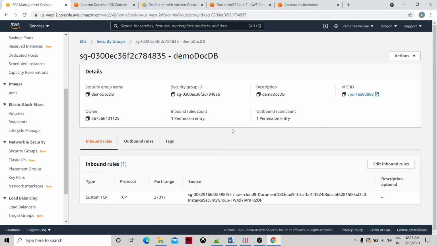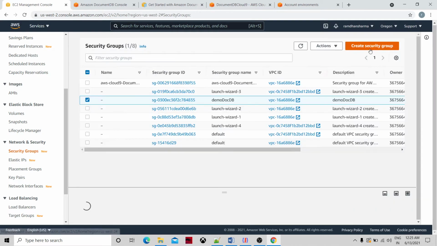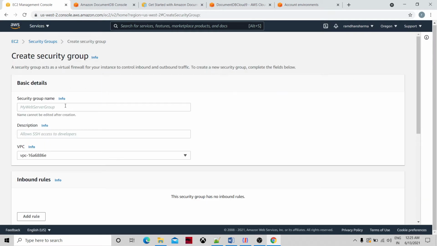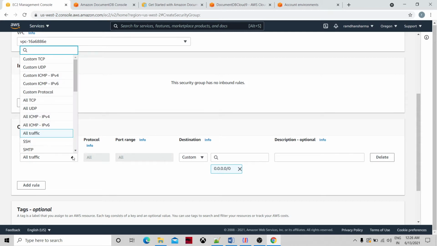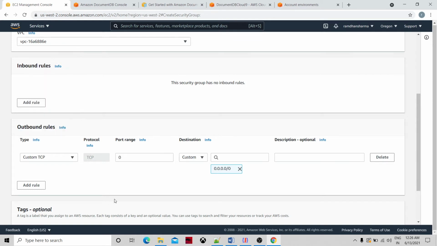You create the security group using this wizard: create security group, give the name of the security group, description, and VPC. You take the default VPC. While adding the rule, you give the type as custom TCP, and the port range is 27017.